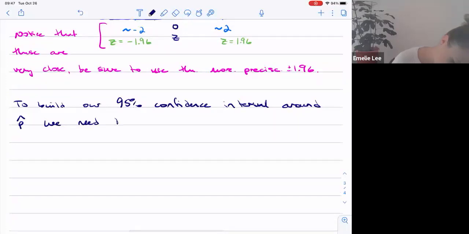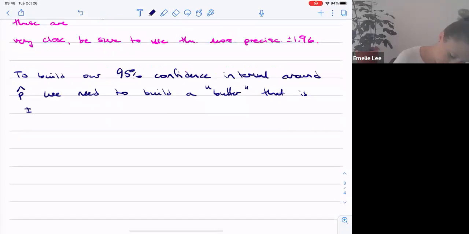We need to build a buffer that is plus minus 1.96 standard errors,